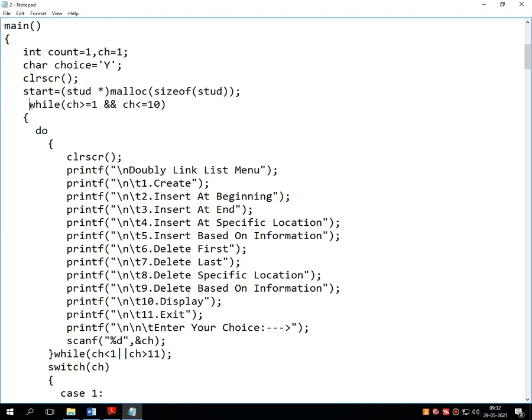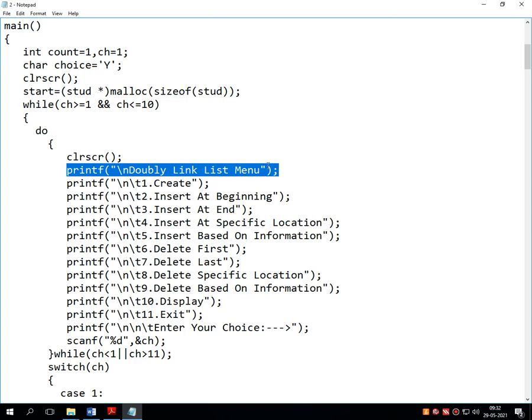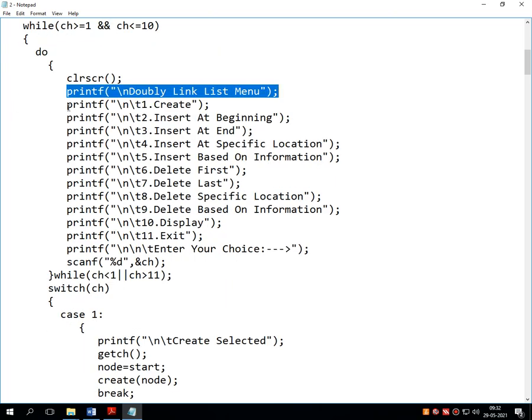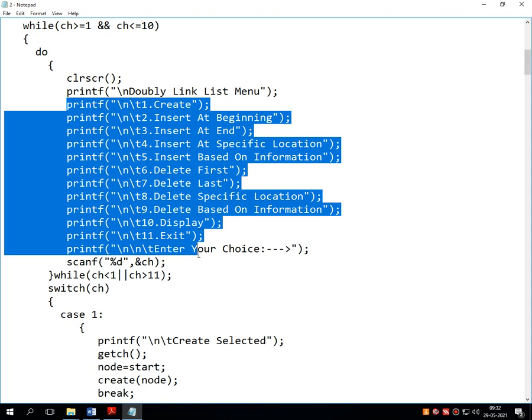In our program, the loop continues till the user has not selected the exit option. For that, this particular do and while statement works. Inside the do statement, the first option, as this program is of double linked list, it contains the menu like create, insert at beginning, insert at end, insert at specific position, or you can say the location, insert based on information, option number 5.